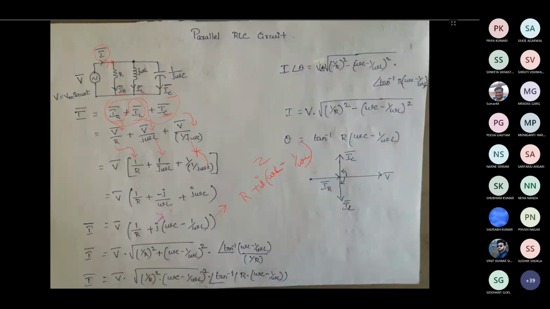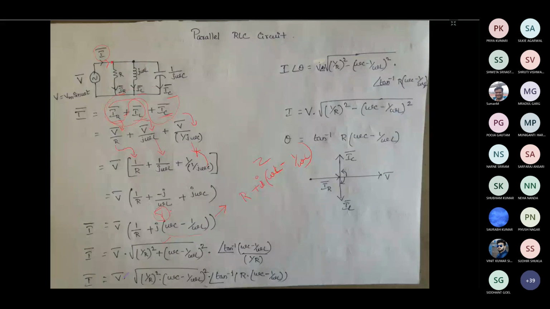So this admittance is going to have its own magnitude and an angle. So we are going to mention it as a phasor. This is going to have a magnitude that is given by square root of 1 by R the whole square plus omega C minus 1 by omega L the whole square. So the angle can be given by imaginary part divided by the real part. The imaginary part is this, omega C minus 1 by omega L, divided by 1 by R.